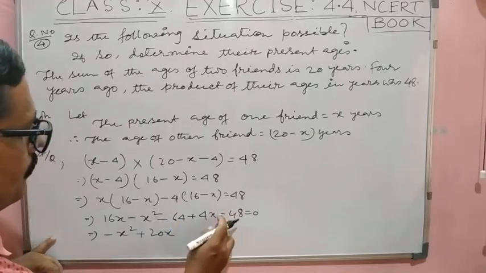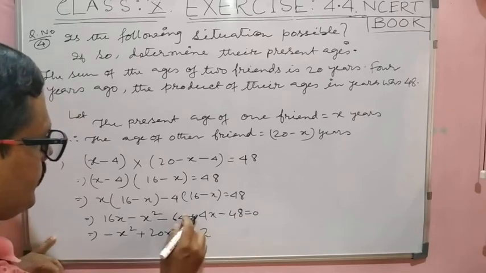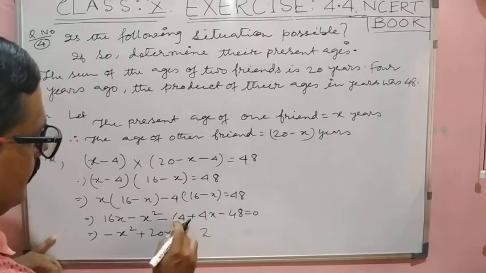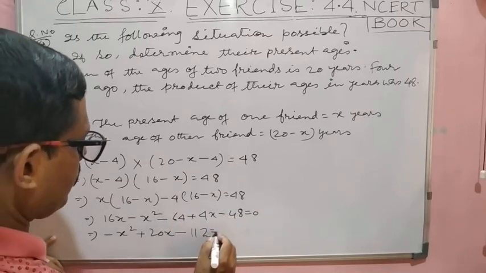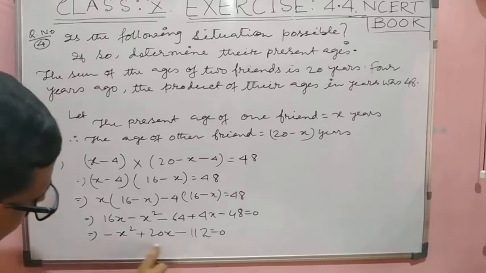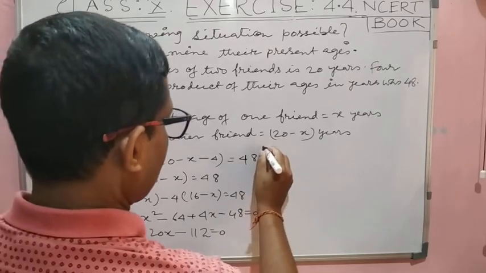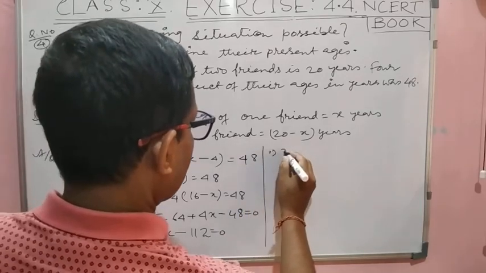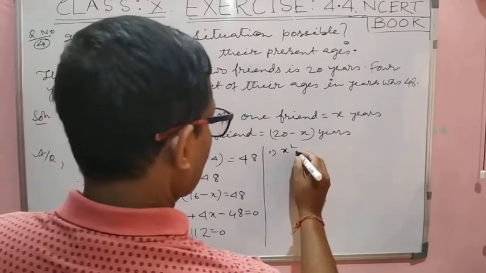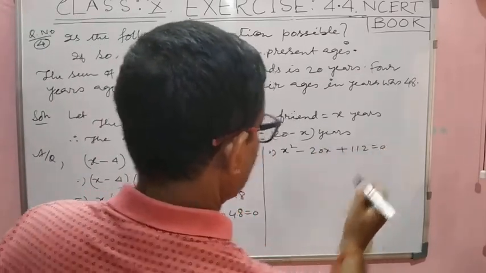अब ये दोनों को माइनस है दोनों, तो माइनस माइनस प्लस करना है, साइन माइनस, तो 8 4 12 12 और 10 10 और 1 11 112। ओके, बट देयर इज माइनस, we will divide or multiply the equation by minus 1. So on multiplication what we get? We get x square minus 20x plus 112 equal to 0.